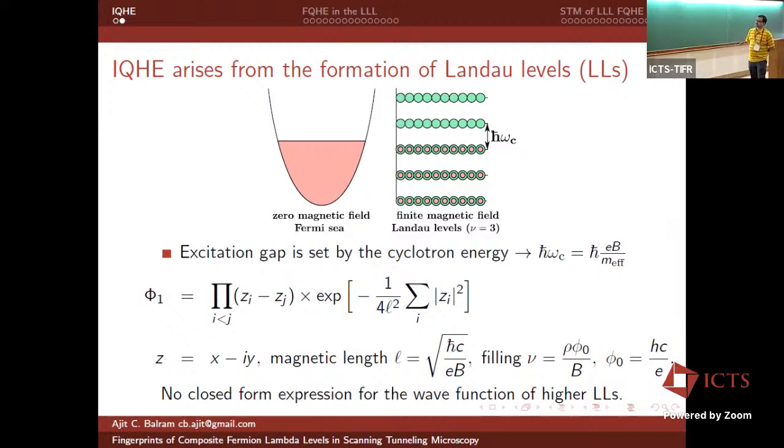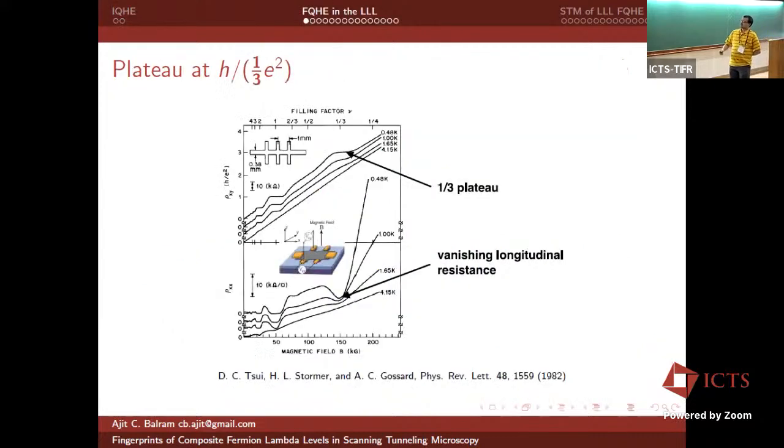So one curious fact is that other than this wave function of one filled Landau level, there is no closed form analytic wave function for any other filled Landau level. You can write down a wave function for 2 filled Landau levels by constructing a determinant, but it's not possible to write it down in terms of the coordinates. That's an interesting fact. Okay, so very soon after Klitzing's discovery, Tsui, Stormer, and Gossard made better samples,